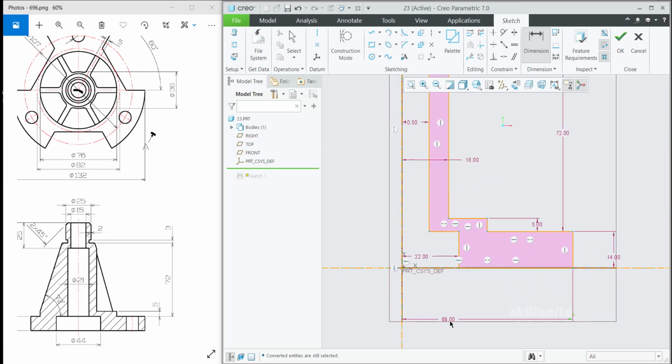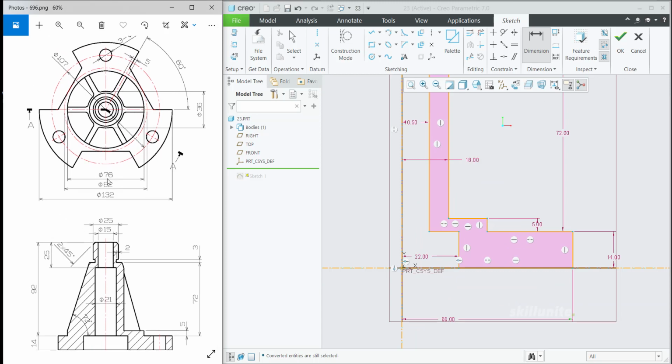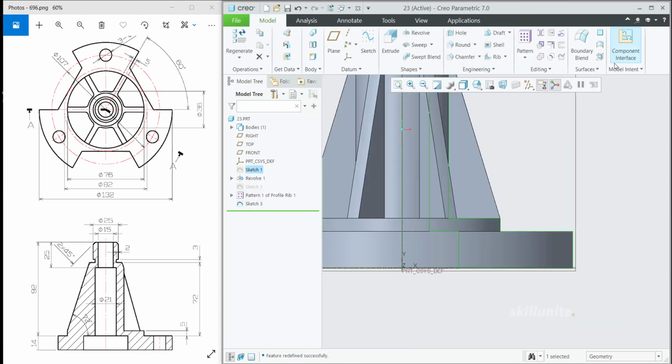So this is 66. And over here we are having an edge. So that is nothing but this face. So that is having a diameter of 76. So create that also. So place it here, and with respect to center, 76 by 2. So now you can click OK.